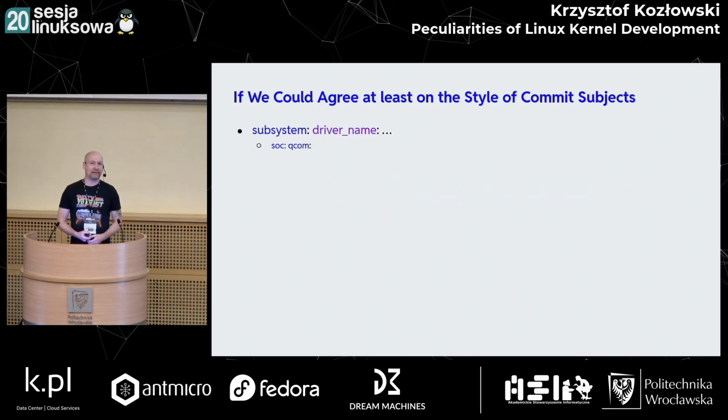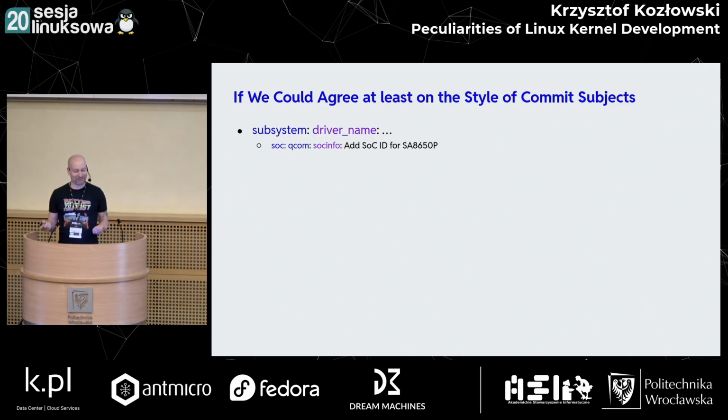So about the commit coding style, we also have a few other differences. Quite an important thing for us is how the Git history looks. And the most important thing about how the Git history looks is how the one-line subject looks. So if you do git log --oneline, you would get a lot of one-line commits, right? And kernel developers actually look at this, and it should be quite informative and obvious what's deep in this commit. So we have a style. The style is you use the subsystem name, colon, driver, colon, something, like soc: qcom, where the subsystem is soc, the driver is qcom, socinfo, and the message adds SoC ID for some new processor from them.